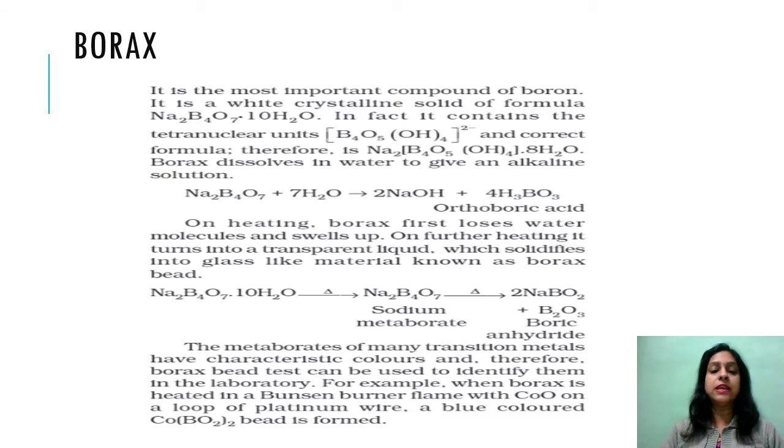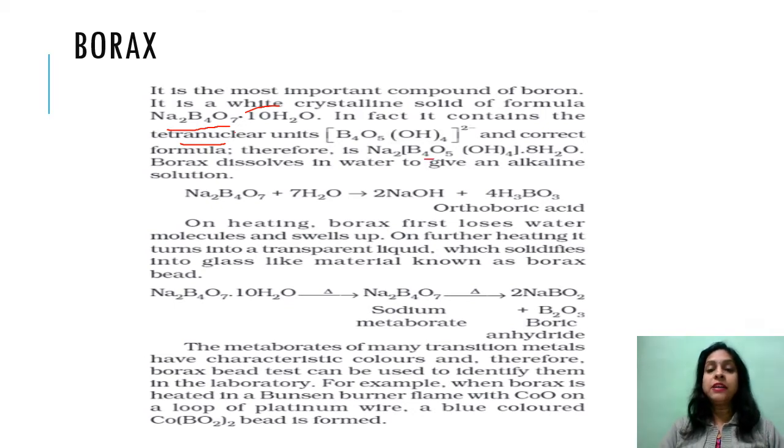As you can see here, it is a white crystalline solid whose formula is Na2B4O7·10H2O. Means water of crystallization is present, and it is a decahydrate. In fact, इसके अंदर टेट्रा न्यूक्लियर यूनिट्स होते हैं, B4O5(OH)4, and this is the correct formula of borax,